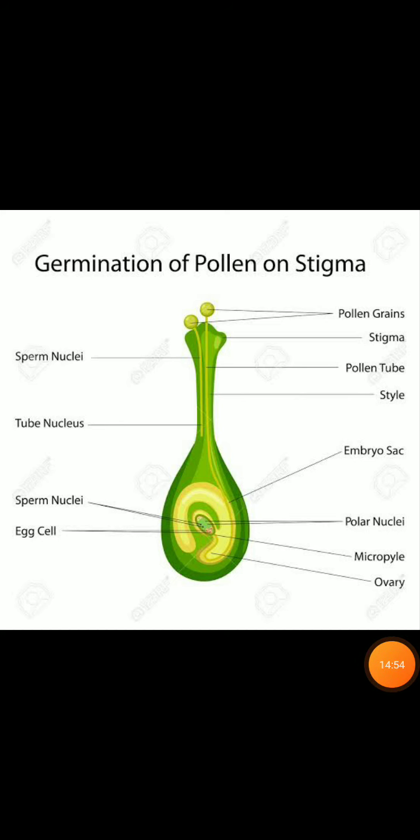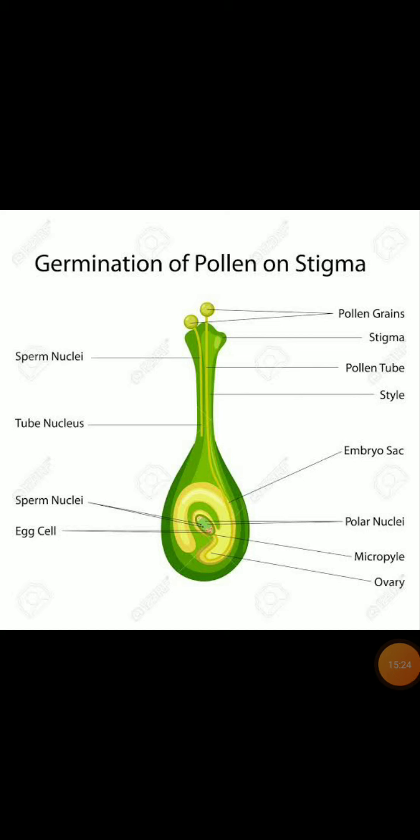So here, what did we see? There will be a tube which grows out of the pollen grain. In the figure also you see that there is a tube which has started from the pollen grain, and it will travel through the style. The style will help the pollen to travel to the ovary,